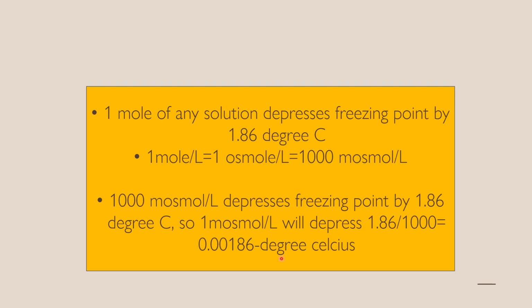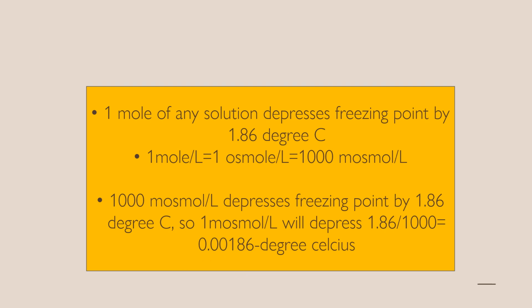So 1 milliosmole per liter will depress the freezing point by 1.86 divided by 1000, that is 0.00186 degrees Celsius. So we can say that the number of milliosmoles per liter in a solution equals the freezing point depression divided by 0.00186 degrees Celsius. So that will give us the osmolarity. How it is giving osmolarity, we'll see. First, remember that if we dissolve 1 milliosmole of solute in 1 liter of a solution, the depression of freezing point of that solution will be